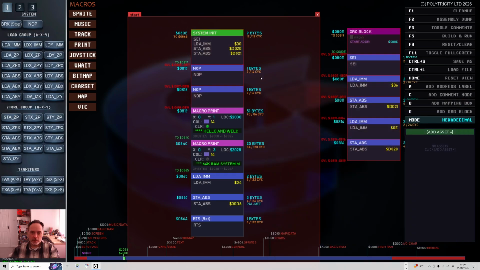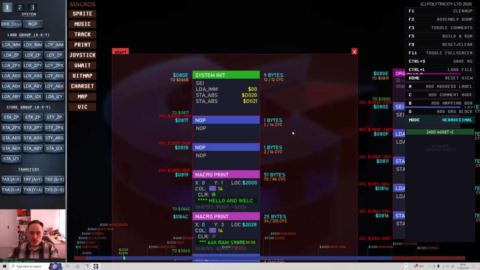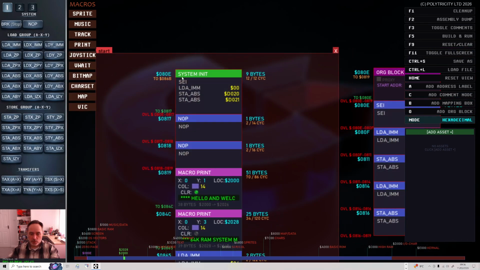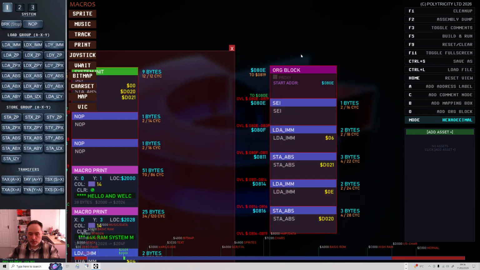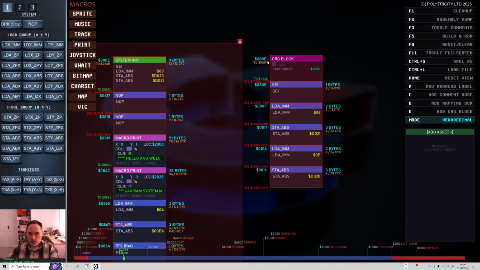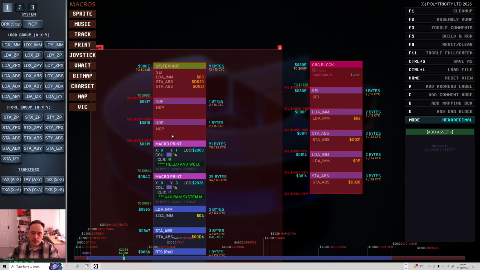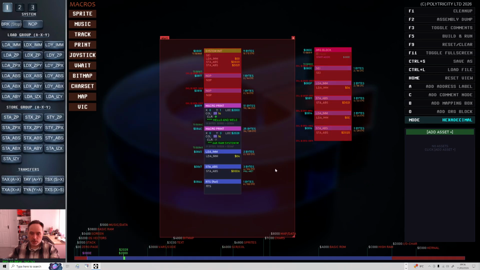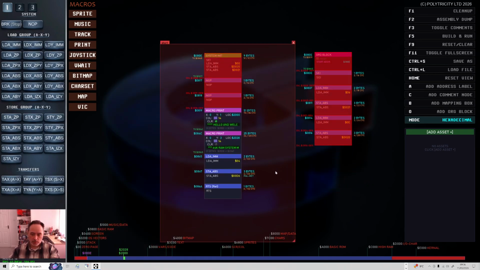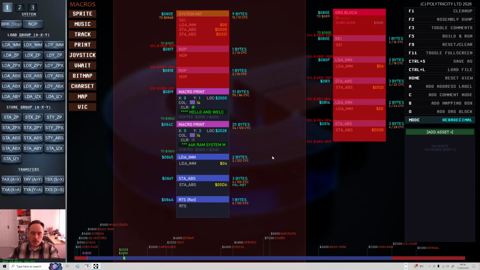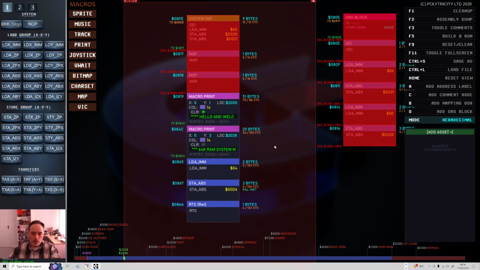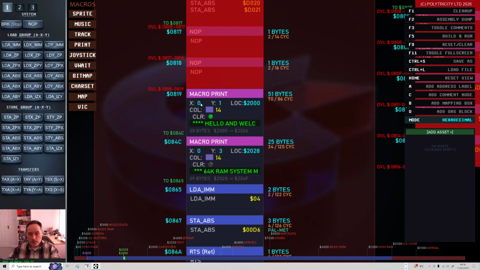So to explain how that works, I've overwritten it because I've gone from 080E to 0819 with this block. See, 080E to 0819. It's flashing because it knows it's overlapping existing stuff, right? And that's what it's designed to do. It's a bit broken in places where it's a bit too sensitive, I've noticed. It just needs fine-tuned. This prints at